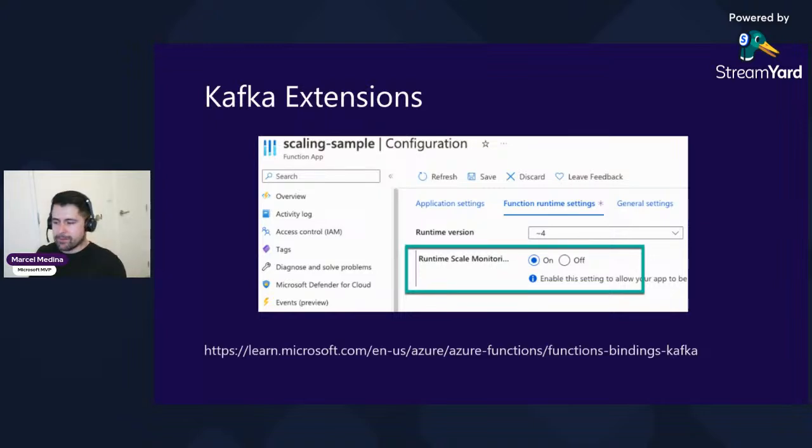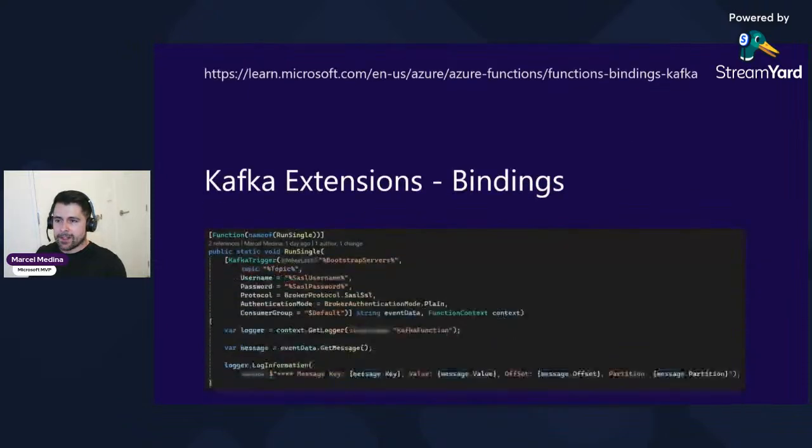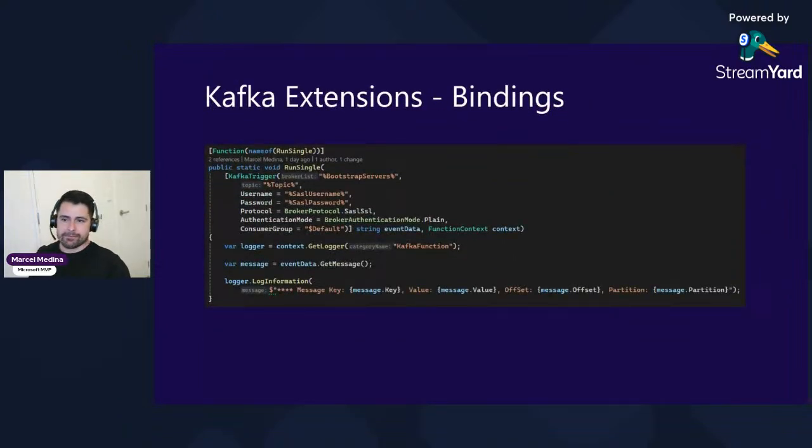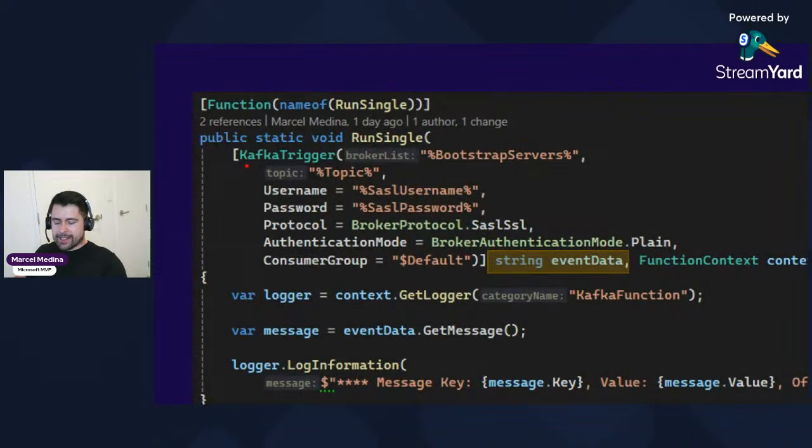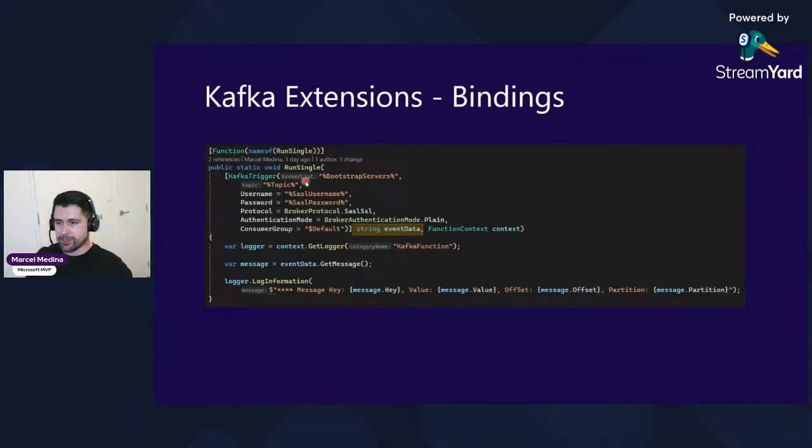That's also available on the same page, functions bindings Kafka. And the bindings: we have two bindings. The first one is the Kafka trigger. In here, what I want to highlight is that you have a string. Okay, so we have this Kafka trigger, and that's the extension that we're going to be using when we are consuming those events. Same as I showed on previous slides, when the events are received, this Kafka trigger is going to be executed. In here, I have just a simple string,